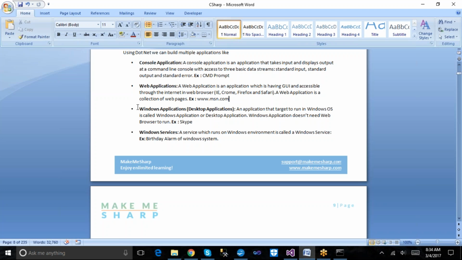So that is what a desktop application is. Examples are Skype, GoToMeeting, or other applications we work with in our daily activities. That is another type of application we can develop with .NET.